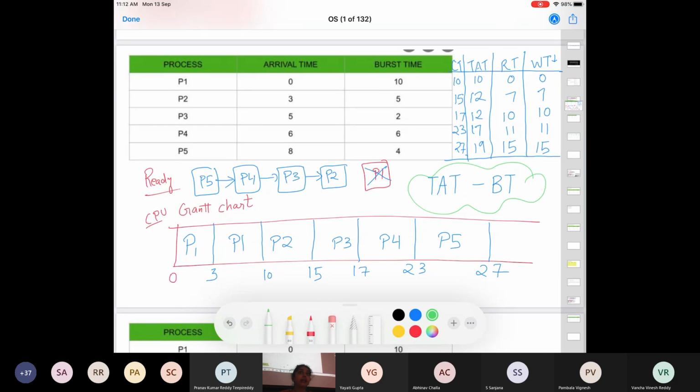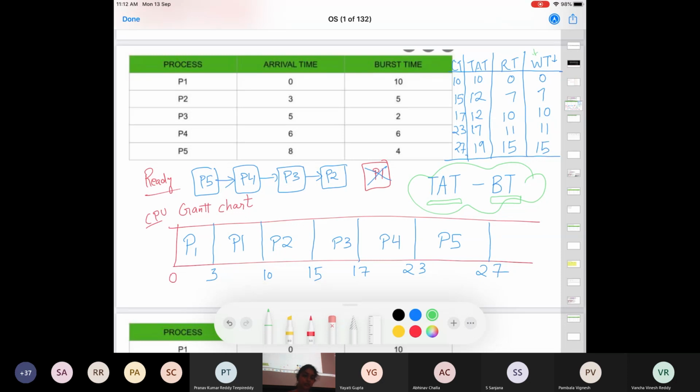Only waiting, right? Turnaround time is the time I came and sat in the ready queue to the time when I terminated. Burst time is simply the sum of all those times when I was executing on CPU, right? So if I am in the system, in the process life cycle, that is TAT. It represents me being in that life cycle, and burst time is all the time when I am running. So if you subtract this, whatever remains is the time which I was waiting, right? So that is how you can compute the waiting time.